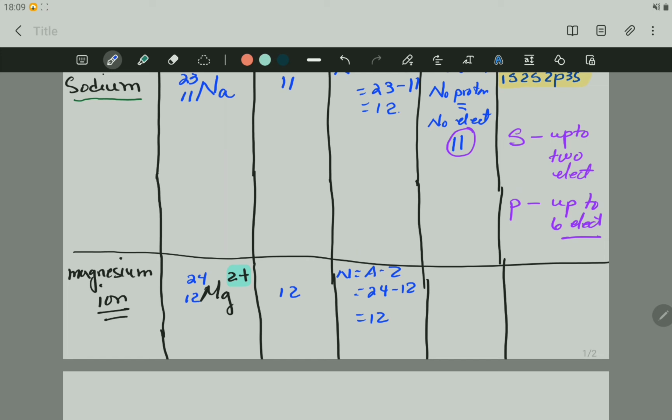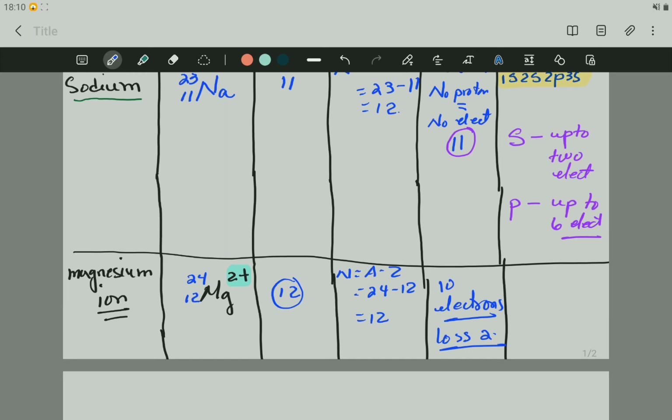It's supposed to have 12 if it was neutral, but it is not neutral. It did lose 2 electrons, therefore it has 10 electrons. It has 10 electrons because it lost 2. Alright, that is why it is a 2 plus, because it was 12 but lost 2 electrons, now it has